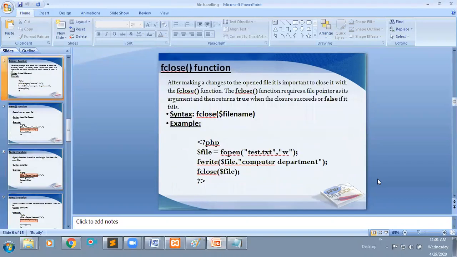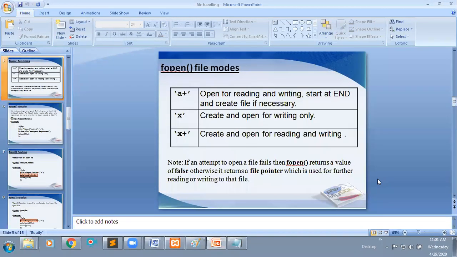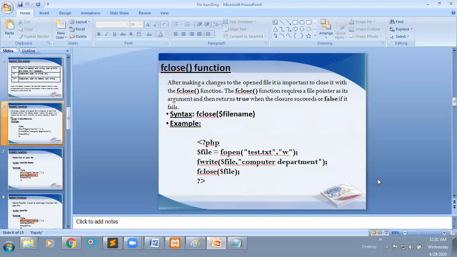After opening, if you are performing any operations on a file, after performing those operations, as a good programmer, you need to close that file. For example, I opened one file in my computer. I did some operations: I wrote some data and I read some data. I forgot to close that file. What happens?